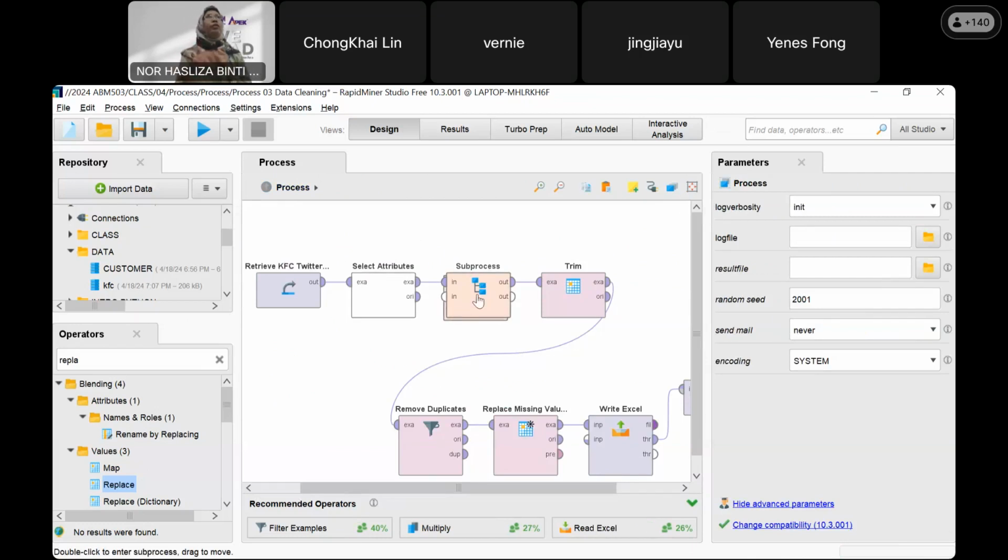I will share this file with you inside this WhatsApp group.